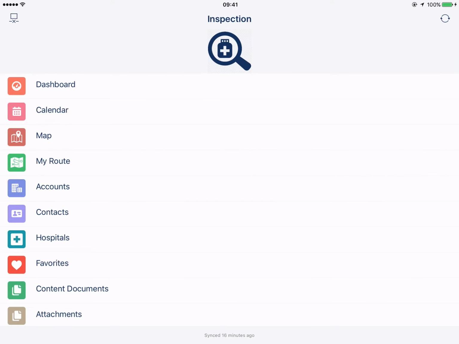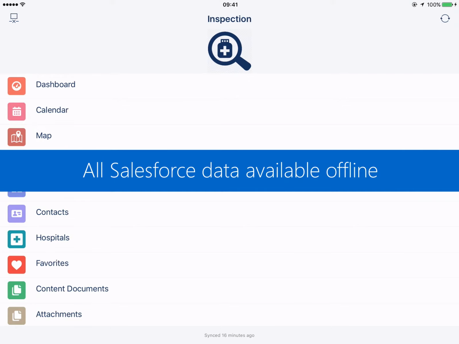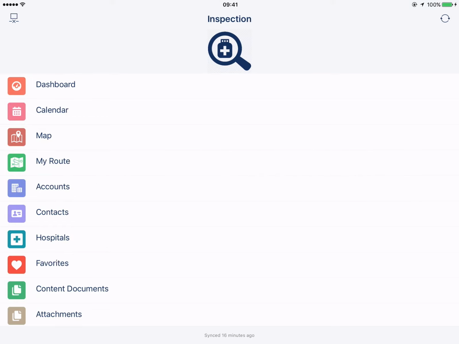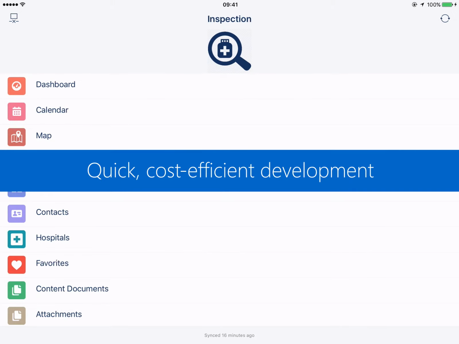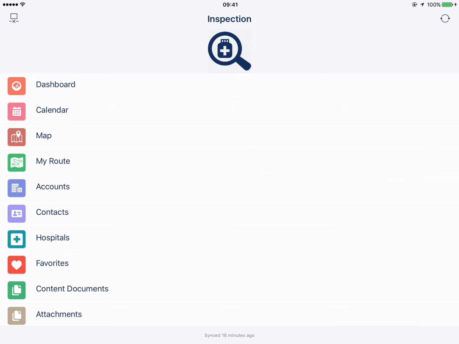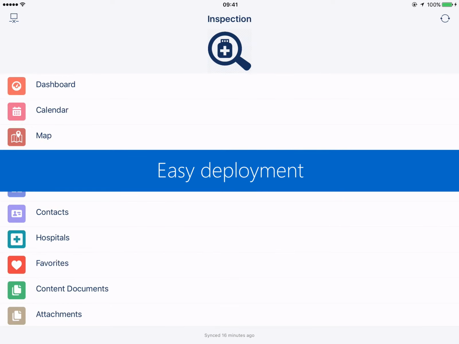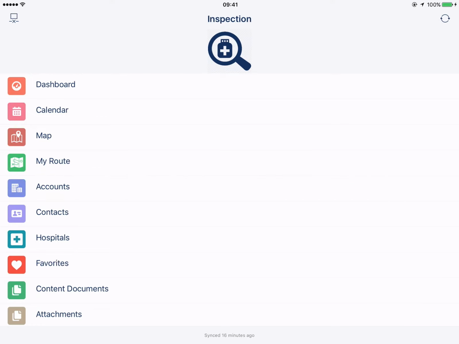You know that you quite often have a use case where you need to provide your mobile workforce with a solution with access to your Salesforce data while providing a rich mobile experience, ideally in the offline scenario, and you want to build your solution quickly and cost efficiently and have little problems with deployment, because usually you want to equip your external partners or a very specific part of your mobile workforce, and this is where Resco can come to